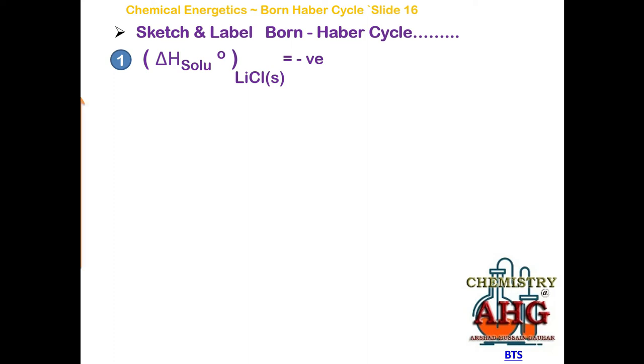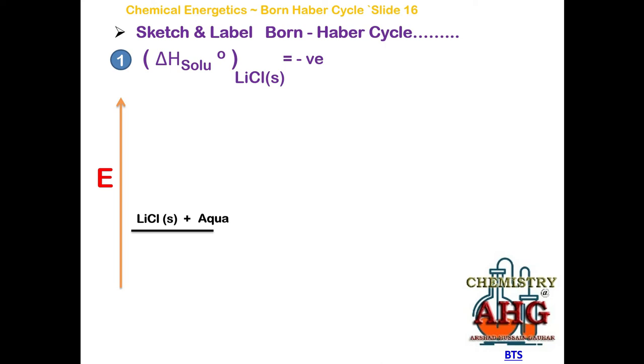What does this mean? See, first of all, you will draw a line directed upward. This indicates the energy. Energy is increasing in the upward direction. Close to the lower end, you can draw a horizontal line where you will place the reactants. What are the reactants in this example? Lithium chloride solid and water, the solvent. Solvent water is written and spoken as aq. So these are the reactants for this process. We added lithium chloride solid in aq.